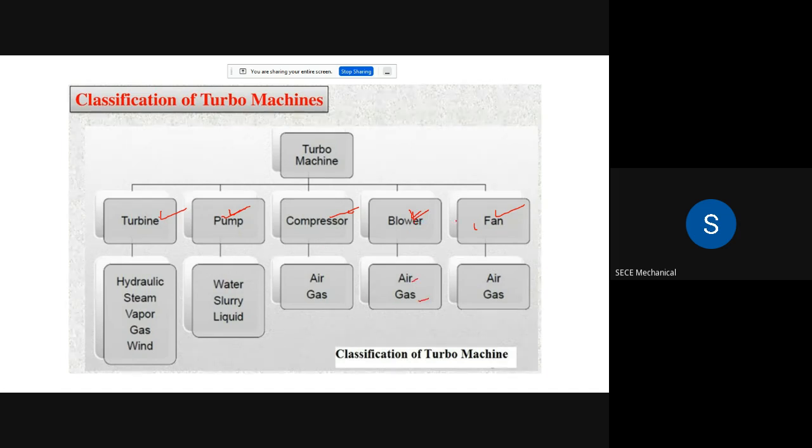The compressor, blower, and fan deal with only air and gas, whereas the pump deals with the process of extraction or adding up of energy through water, slurry, or liquid. In terms of turbines, there are hydraulic, steam turbine, vapor, gas, and wind turbines. இதெல்லாமே வந்து பாத்தீங்கன்னா it deals with the process of